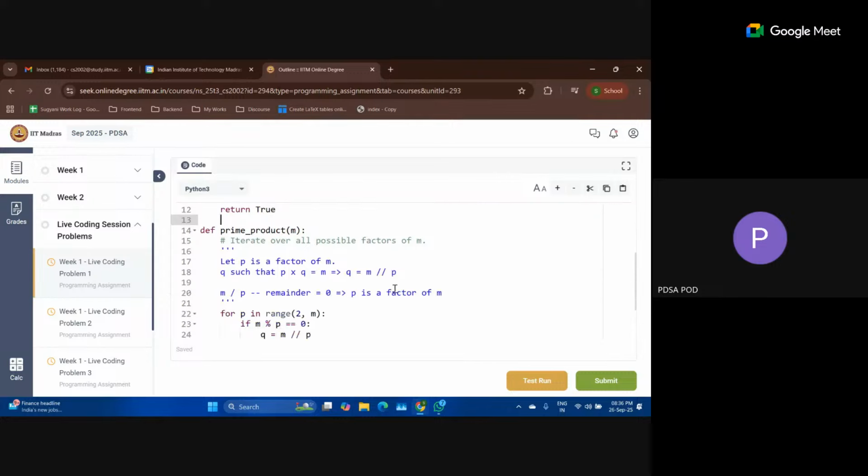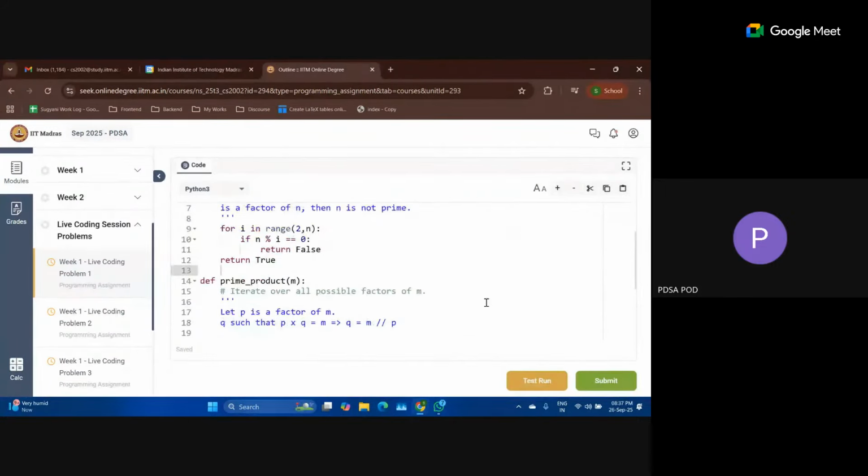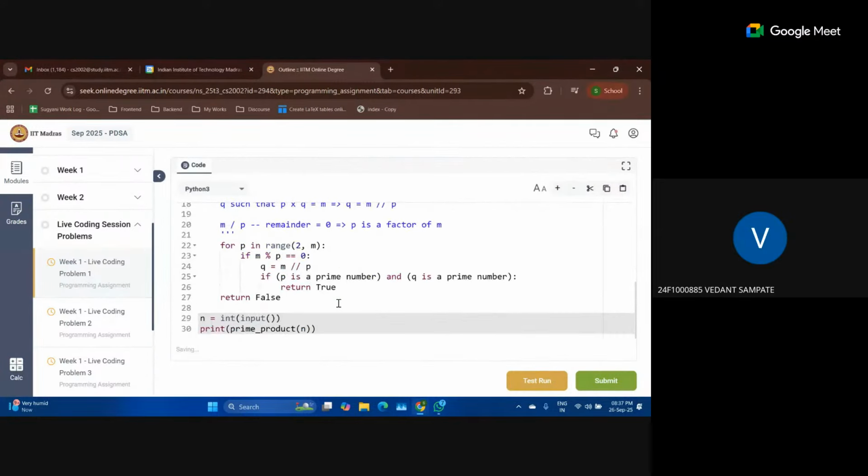Okay. And then once you are done with this, you can just test run it. Click on the test run and it will run all the public test cases. Oh, sorry, we have not completed the function.